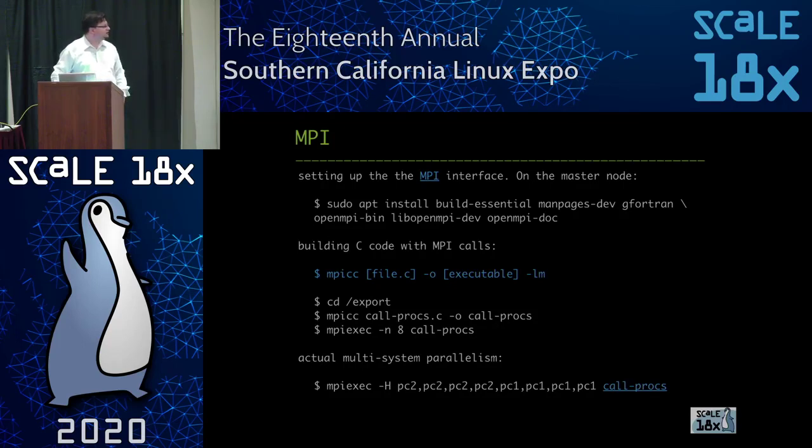The MPI compiler is MPI-CC. It is pretty well-established technology. You can find it on any Linux distribution you want to think of. And we have a couple of examples. So let's try this